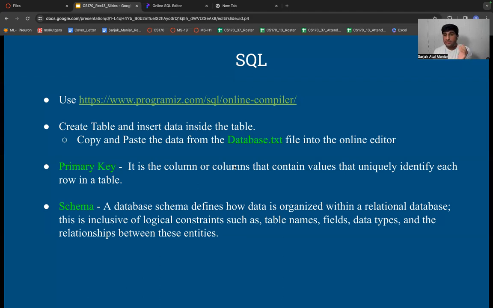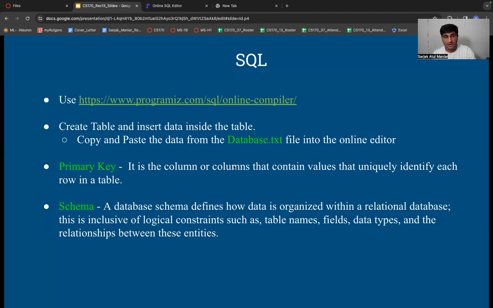It will have unique values for each and every row. No two persons can have the same RUID. That's a 6-digit unique number, right? So I can say that RUID is my primary key for this particular table, because if I have the RUID, I can uniquely identify any row for any particular student. I cannot make the first name the primary key, because first name can of course be the same for two individuals, right? So for this purpose, we require primary keys.